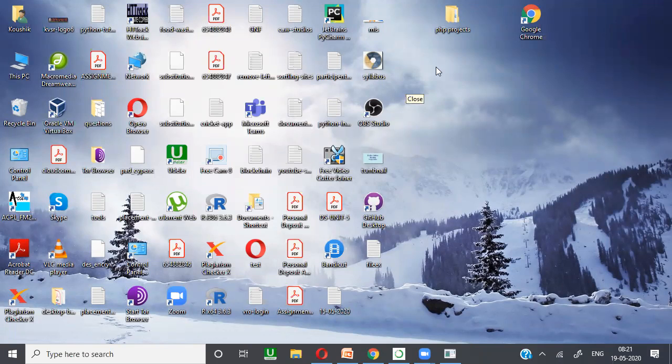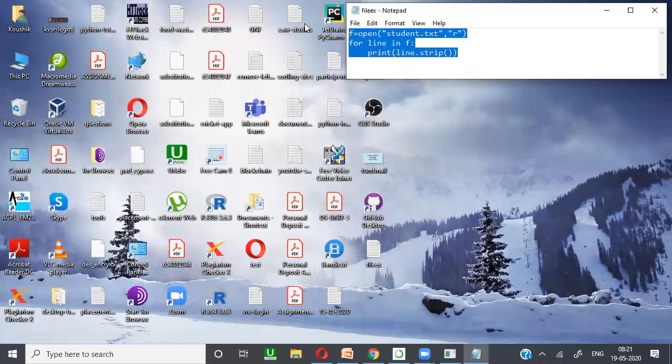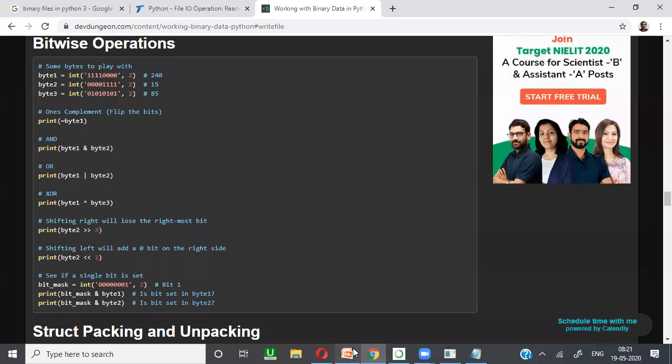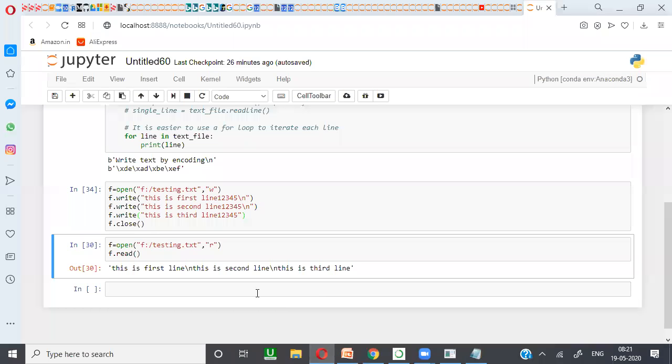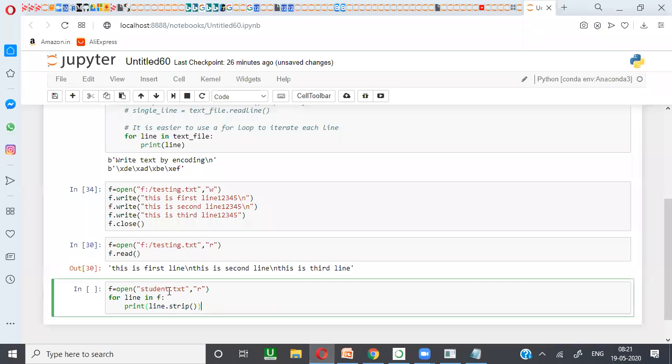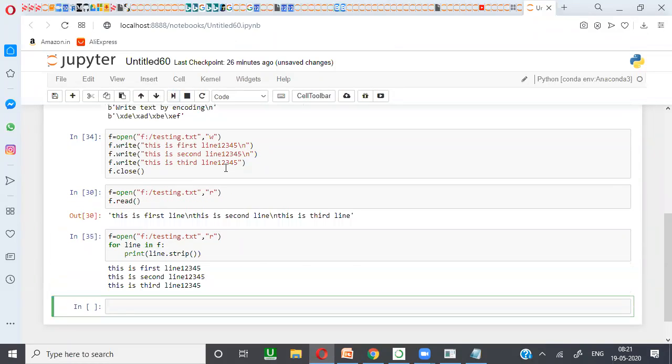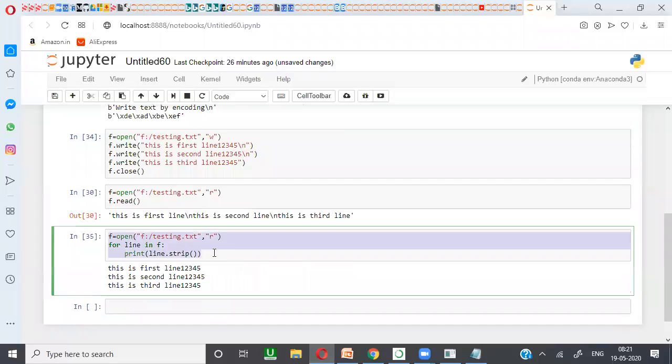So if you require the data line by line, some f colon slash testing.txt. Here there is a possibility to get line by line.